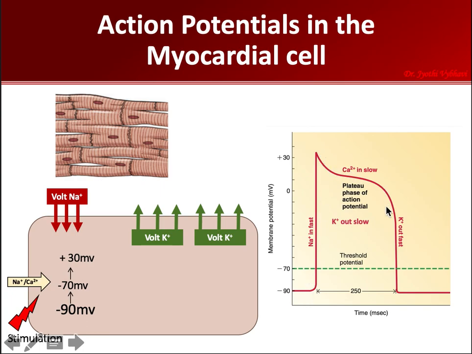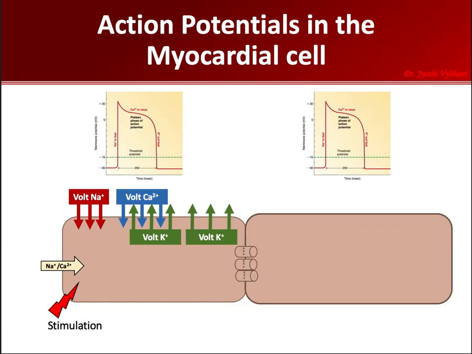Whenever a cell is stimulated appropriately, there are some changes happening at the membrane potential. This wave of depolarization followed by repolarization is called the action potential. When you say electrical activity of the heart, these action potentials are the electrical activity of each and every cell. I hope you've understood this. So let's move on. When you take a cardiac tissue, there are multiple cardiac cells.